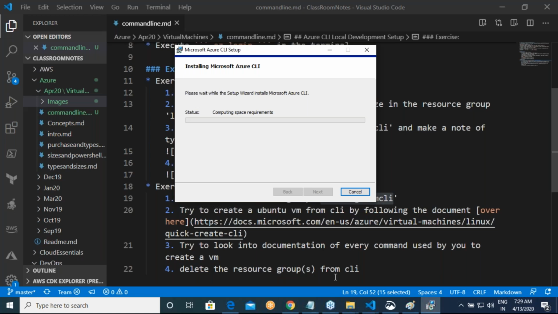For the next 2 or 3 classes, we'll be working mostly on CLI. Okay, then we will get into the next topics. There we will be again using CLI, portal, and PowerShell. That is how our class will be organized, right? In Azure, you have to learn CLI as well as PowerShell. That could be seen as an advantage or disadvantage depending on your personal choice. But here we have to learn both, right?